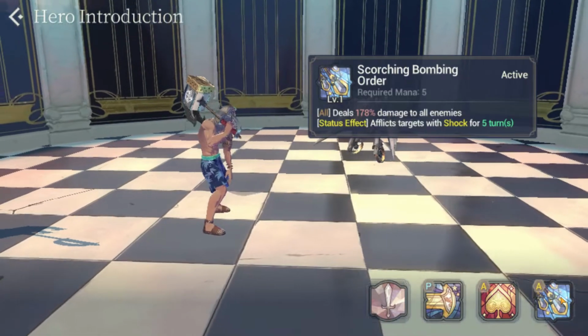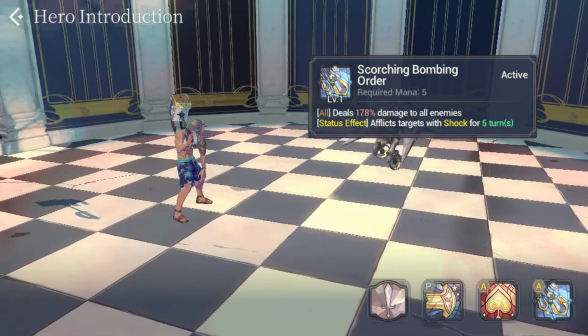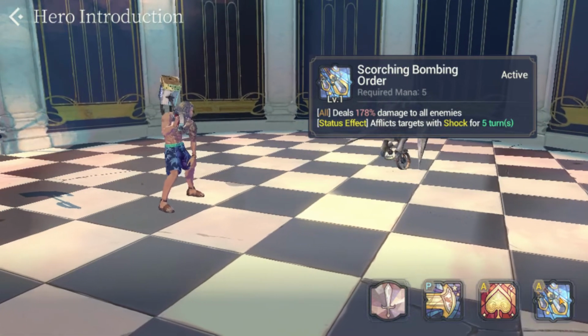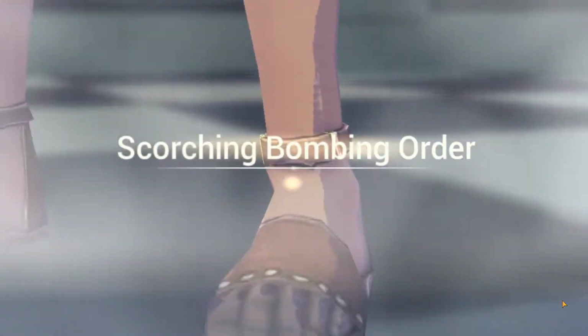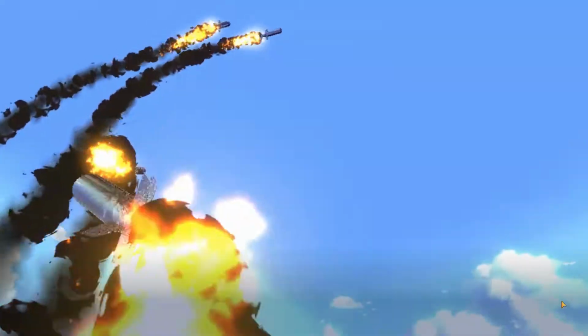Similarly, his A2 also gets a little bit of a damage buff. I think it used to be 120% or 119%, and now it goes up to 178% damage to all enemies. It also applies shock for 5 turns. And again, the issue with this skill is he already has a shock debuff for 5 turns. And this is very similar to the issue that we had with Degas, is the fact that both of them have these AoE A2s that already have a 5-turn stun built into the skill,